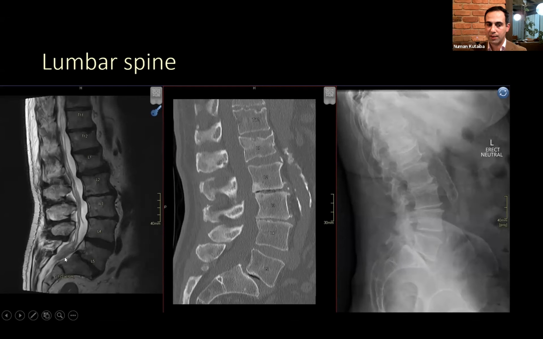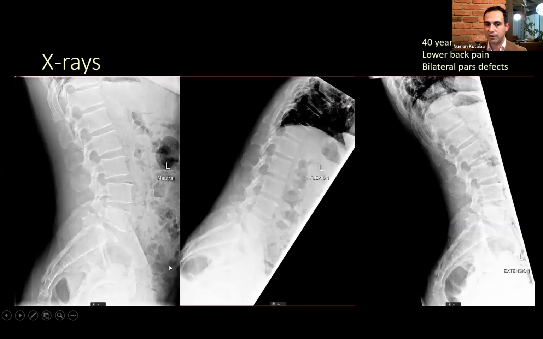The MRI doesn't show canal narrowing at this level, but this patient has some nerve root impingement and foraminal narrowing at L5-S1 due to this slipped vertebra. The X-rays can be done with flexion extension views, and these are usually done in a young patient with lower back pain for what we call a pars defect. You will see that in reports of many scans, CT, or several scans of many patients. These include X-rays, CTs, and MRIs. It's a common incidental finding, not always necessarily a symptomatic one.